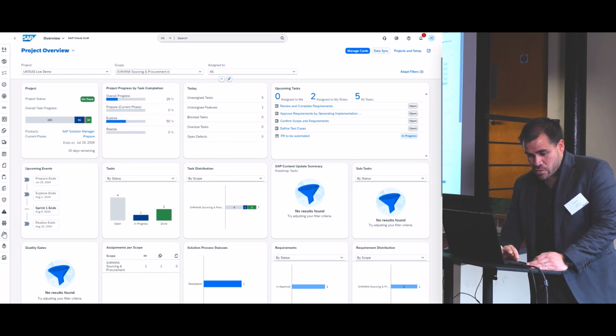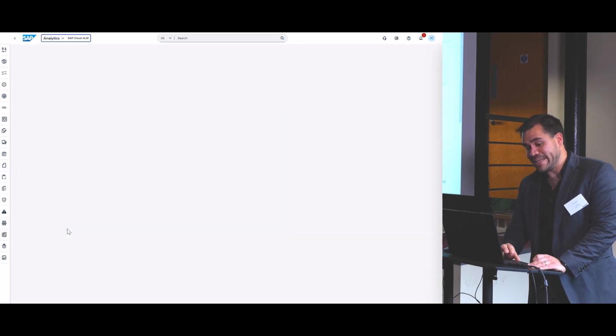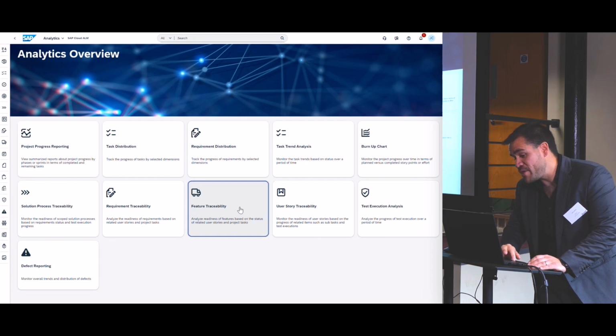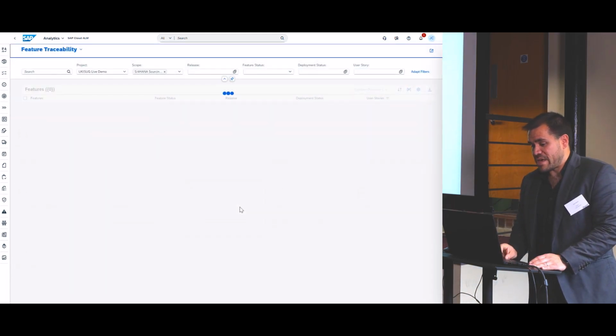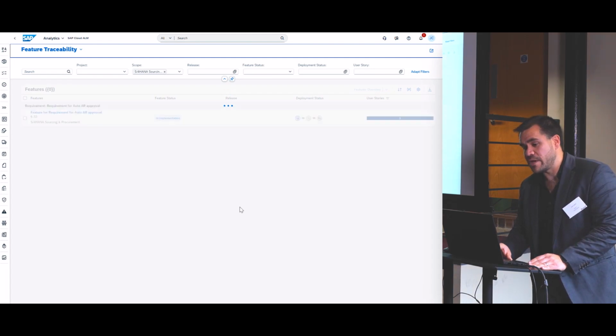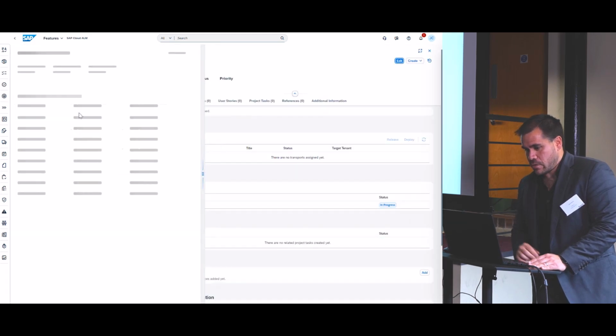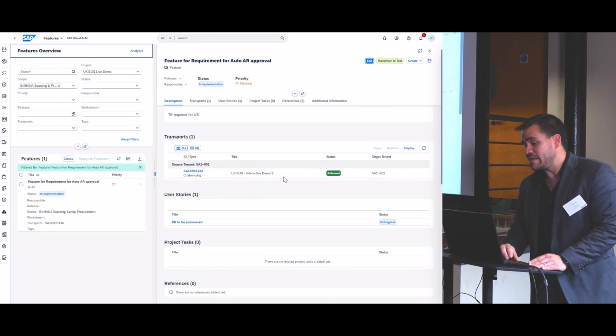On top of that, we can just show you the analytics. In this case, if I want to show you the feature traceability, we can check how many specific features have been created for my process. And we can see that right now you have information about the deployment status. So this gives you information about the status of the transport. So if I jump back into the system, we can see that the transport has been released from my development